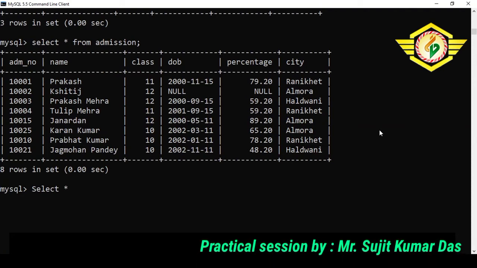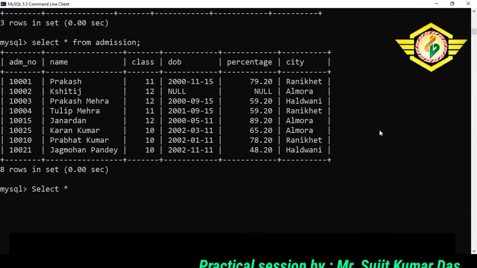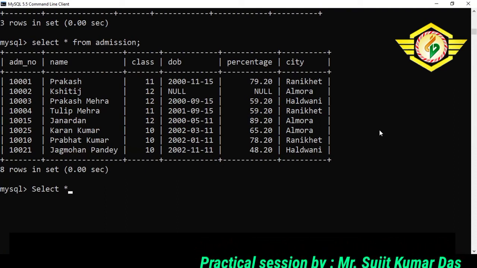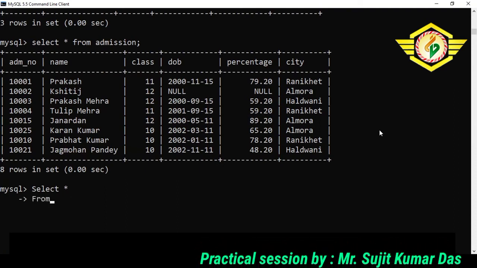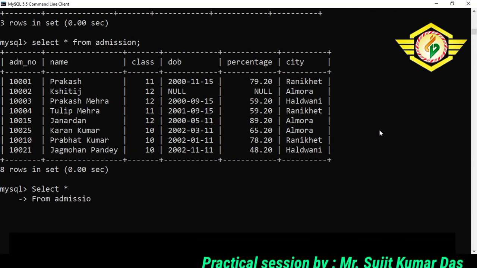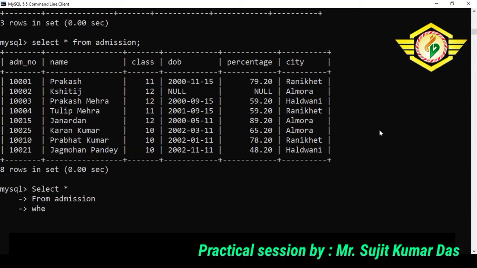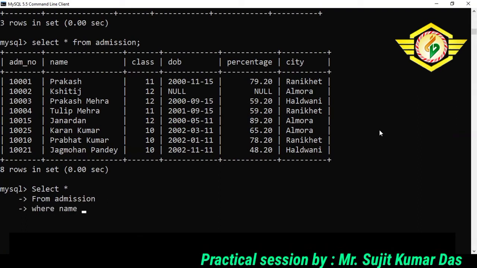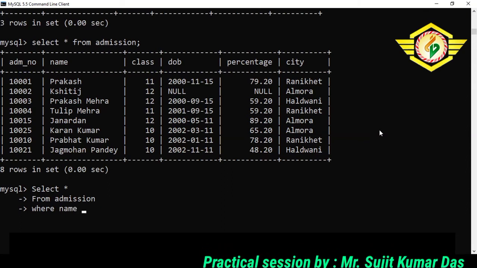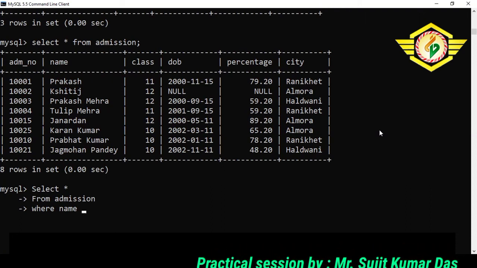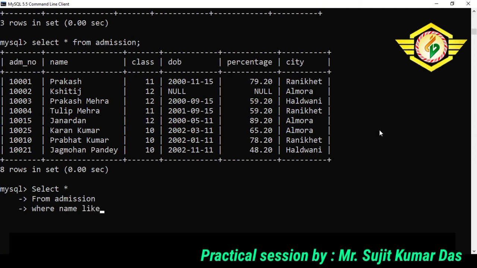Select star from admission where name, because the where clause is always followed by a column name, then the command, that is LIKE.